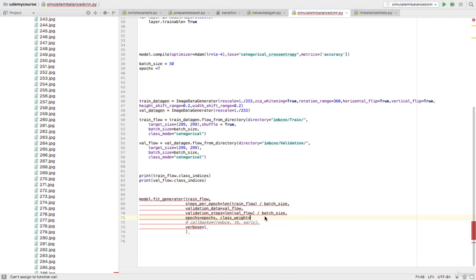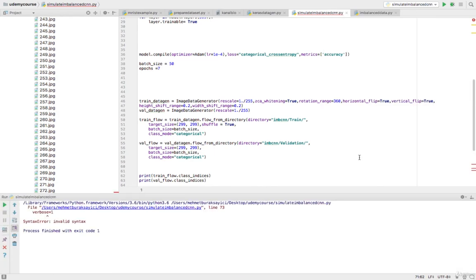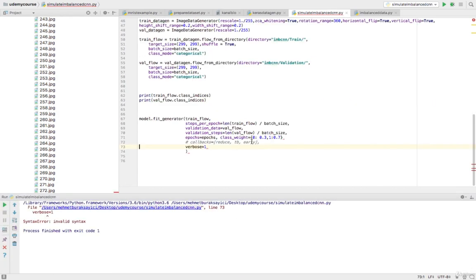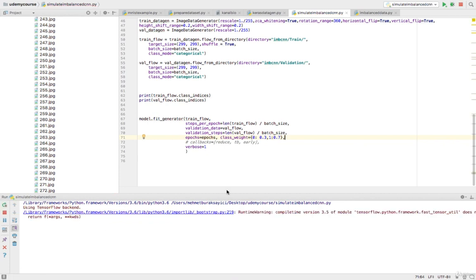in alphabetical order, we need to say that 0 means cat. For its class we need 0.3, and for the one which is dog, we need 0.7. So now we will be using class weights. I hope there is no problem here. We forgot the comma. When we apply image augmentation with class weights,